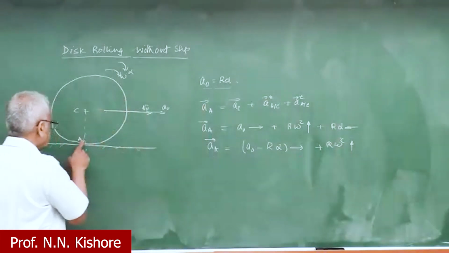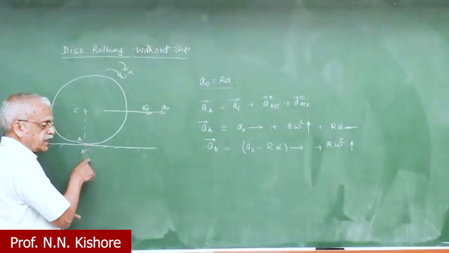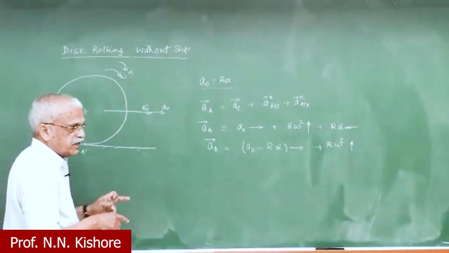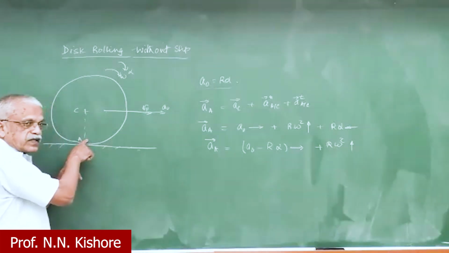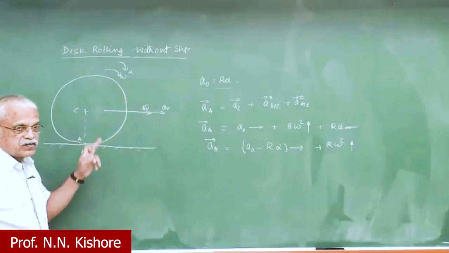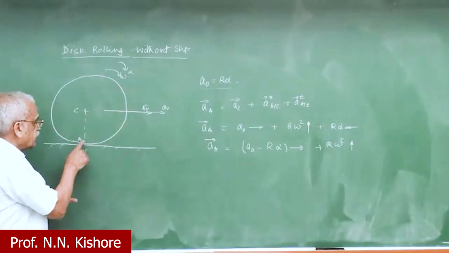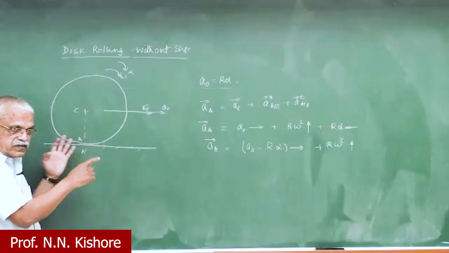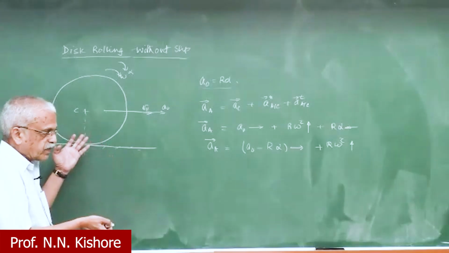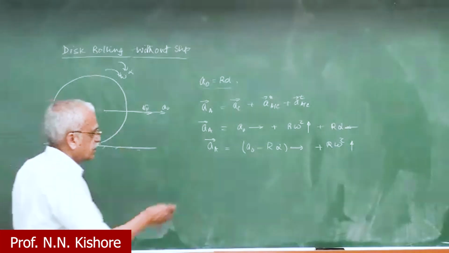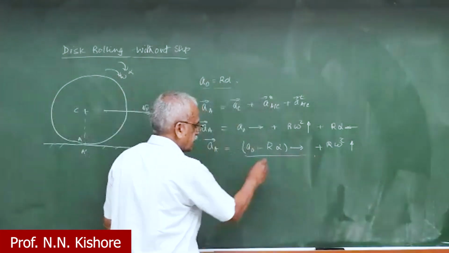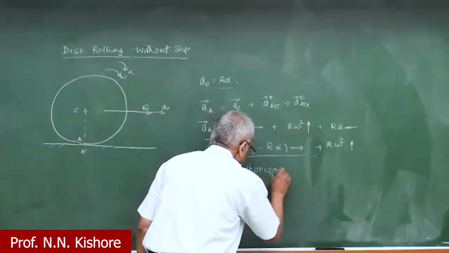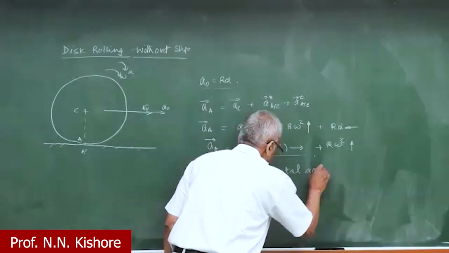So this point A, and if you look at A prime, this is the tangential, horizontal component of acceleration of A. Since these two points are in contact and it is rolling without slip, just like we said that the relative velocity between A and A prime in the horizontal direction, because that's where the slip might take place, was 0 for velocity, the same thing holds for the tangential acceleration component, or we can say the horizontal acceleration component